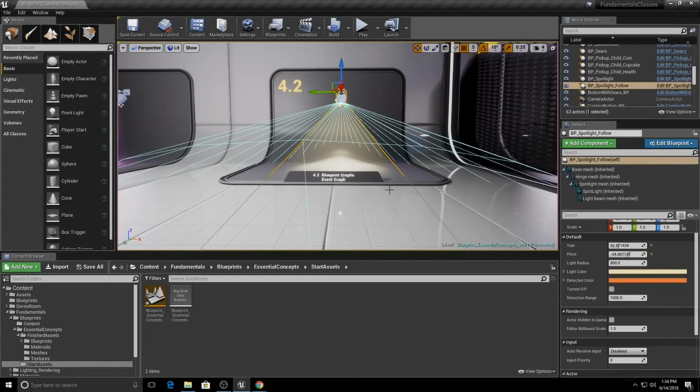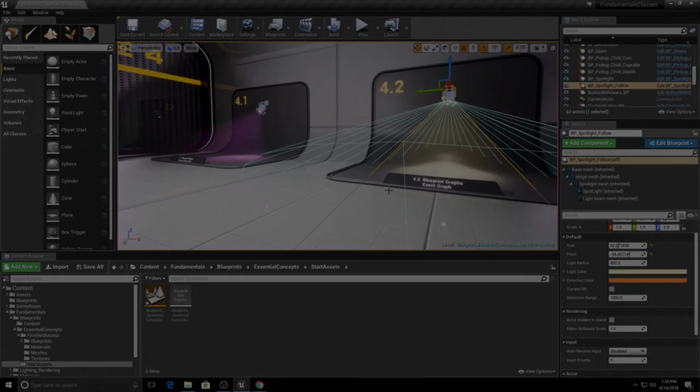We talked about construction script and event graphs. Now that we've covered how to move around the Blueprint Editor graphs and the different types of graphs that you'll be using, you should have a better understanding of what each graph can be used